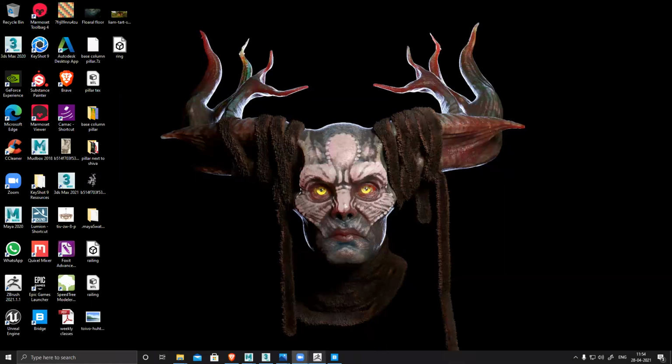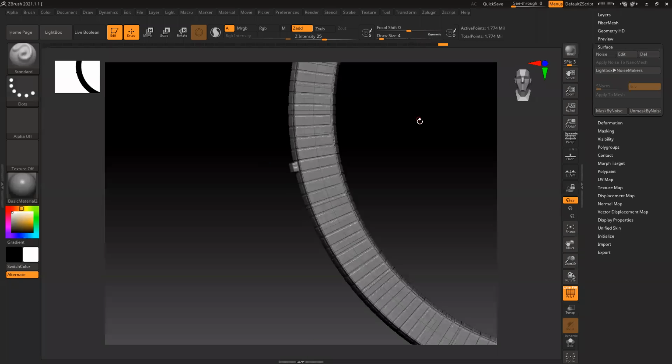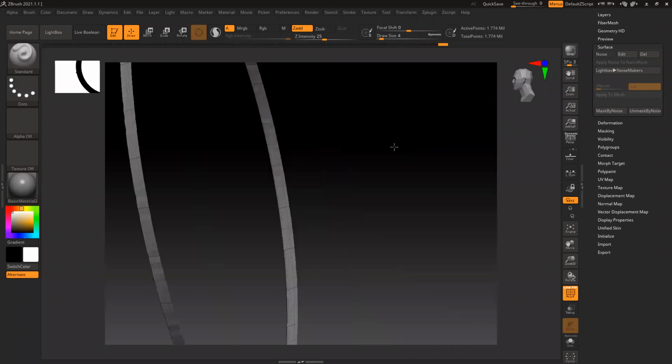In Max, you have a lot of modifiers, so you can create these things very easily. This lathe, you also have lathe in Maya, and the bend modifier is also there in Maya. But the thing is, Max is way easier for applying those modifiers, so you can do it very quickly and generate your surface.